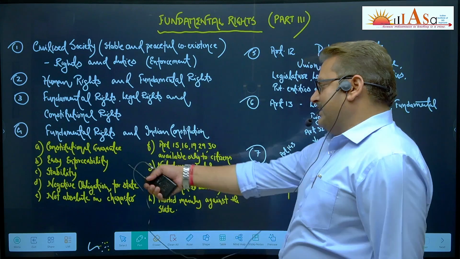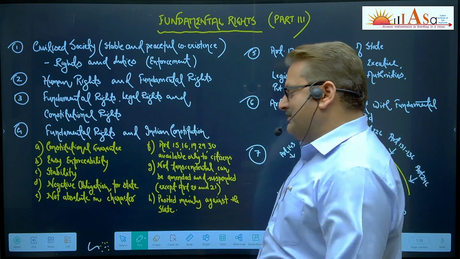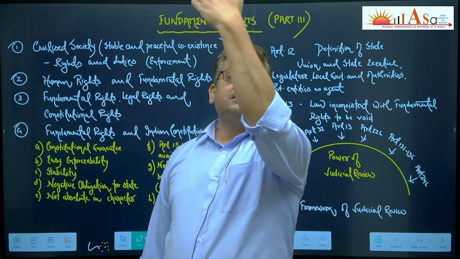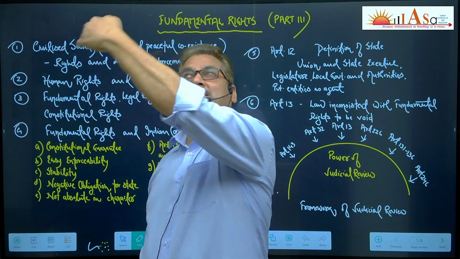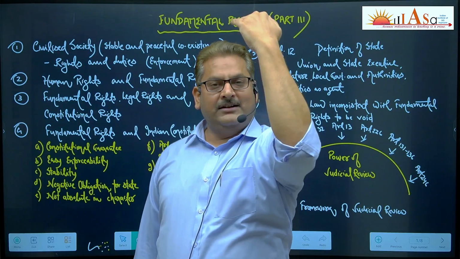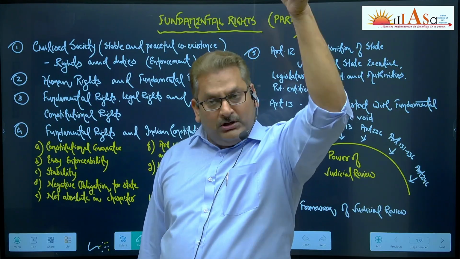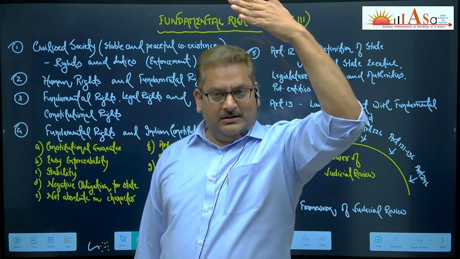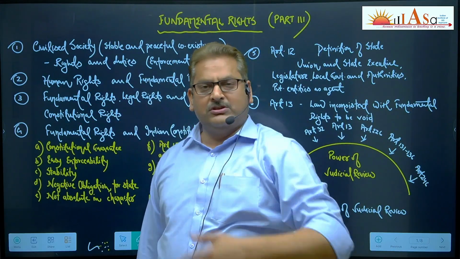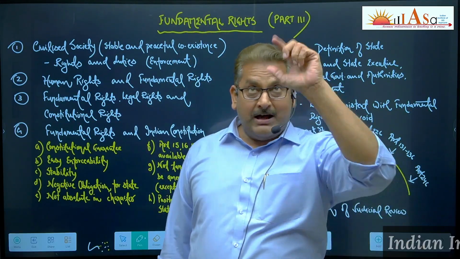So fundamental rights provide stability. It is the point. Fundamental rights are in the nature of a protective shield. 140 crore people, and this is the protective shield. It is here that the authority of the state comes to an end. The state can exercise authority only to the extent it does not encroach upon these rights conferred by the Constitution on us. So there is a balance.